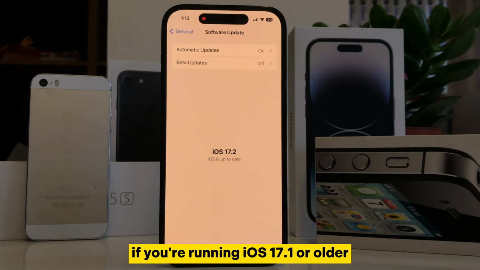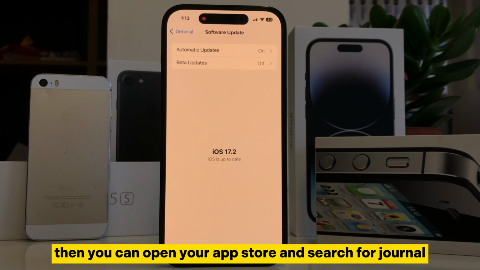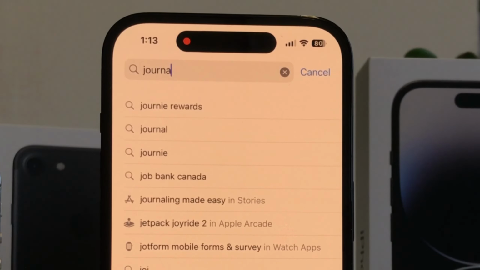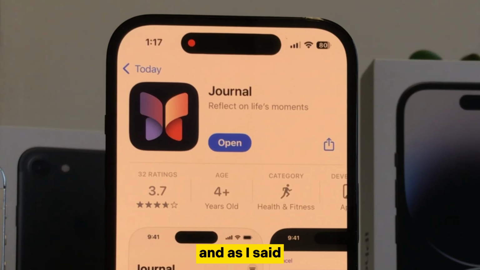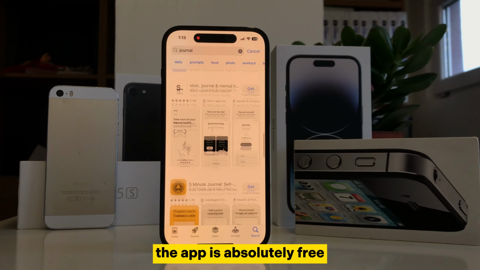If you're running iOS 17.1 or older, then update your software and you should see the Journal app installed on your device. But if you can't see the app even after the update, then you can open your App Store and search for Journal. You're looking for an icon that looks like this, and as I said, the app is absolutely free, so you